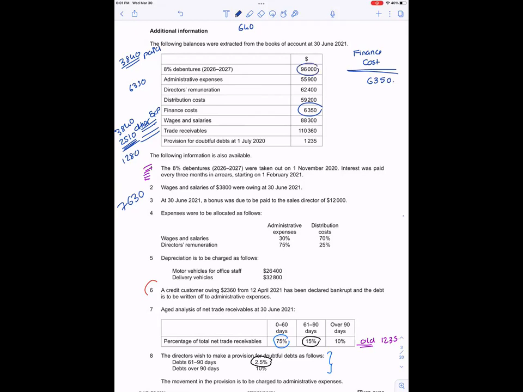96,000 is the debentures for which 8% interest is 7680, the annual interest for debentures. If you divide it by 12, per month interest would be 640. Are you all with me? Yes. Now I have taken these debentures on 1st November. So I have to have interest of November, December, Jan, Feb, March, April, May and June. That is it.